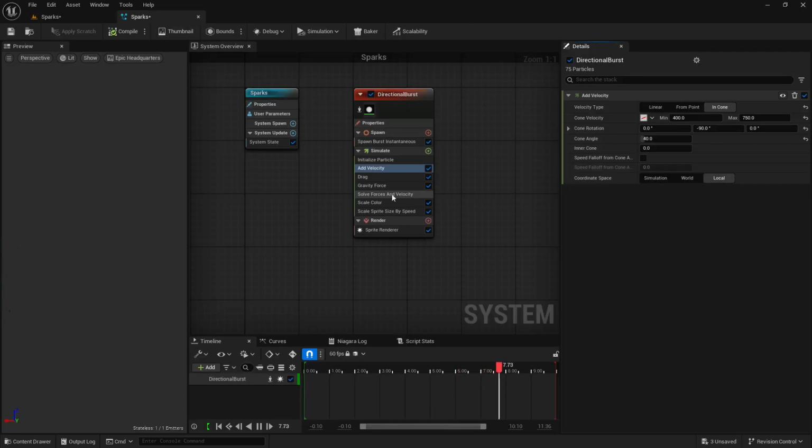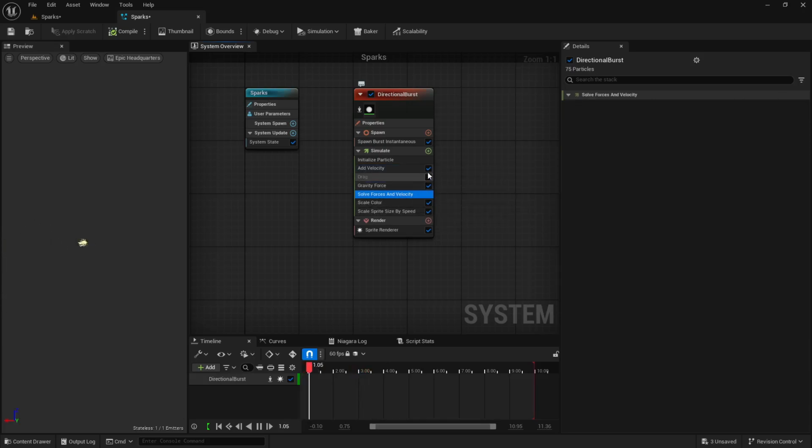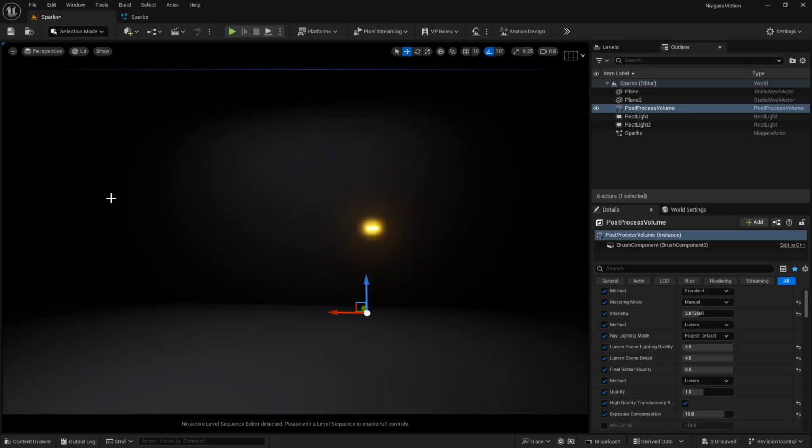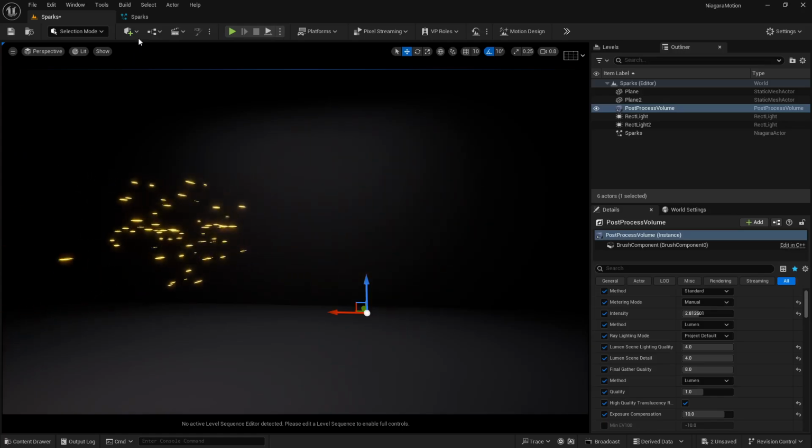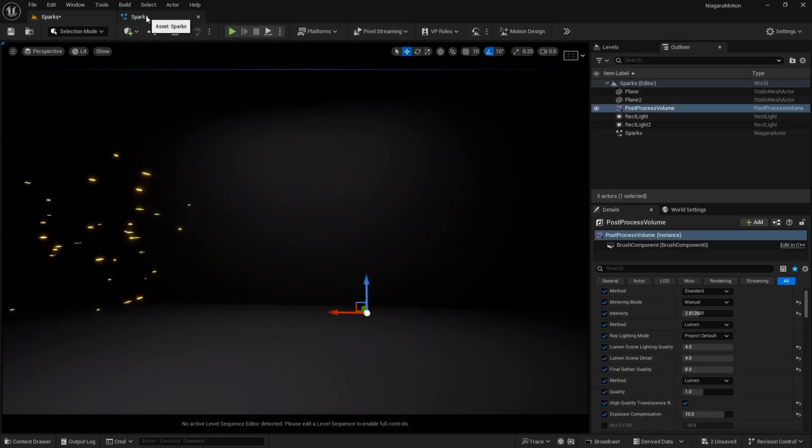Now what I can do, I can just disable this stuff here, so I can show you what each and every parameter is doing. Okay, so if I save this here, I'm just going to make sure that I am having this solver and force velocity. Okay, right now, I'm going to turn off all the stuff apart from velocity. So you can see our particles are going in this direction because our velocity is set in this direction. Okay. And there is no gravity here, so it's not falling down.